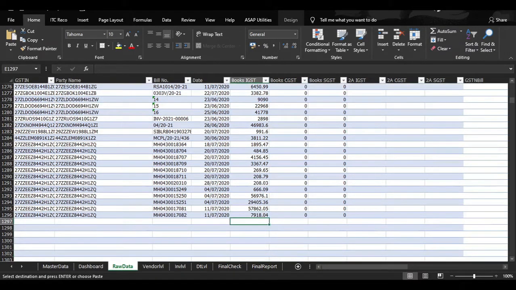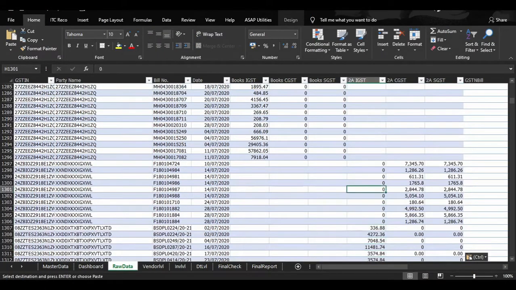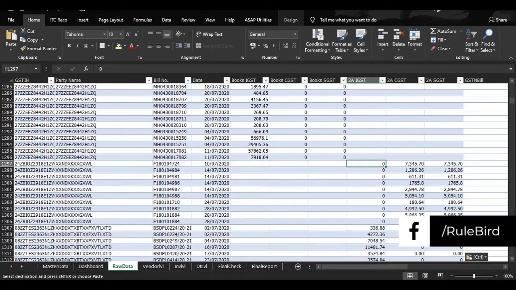You need to enter your IGST, CGST and SGST data over here. Now you can see that I have also entered the GSTR2A data, but my GSTR2A IGST, CGST and SGST will be in this field, not in this field. So when you are entering the data, make sure you first enter your Tally or books data and then you enter your